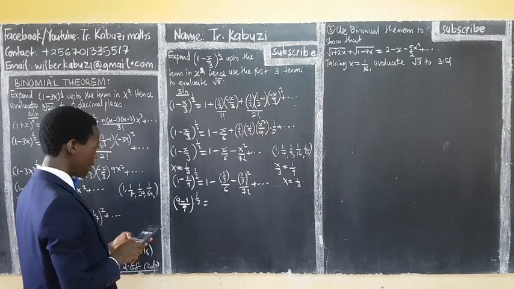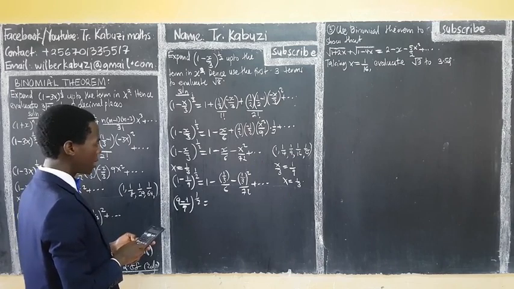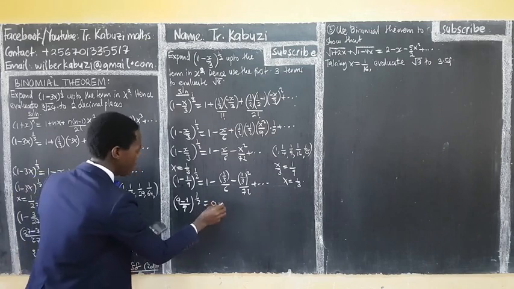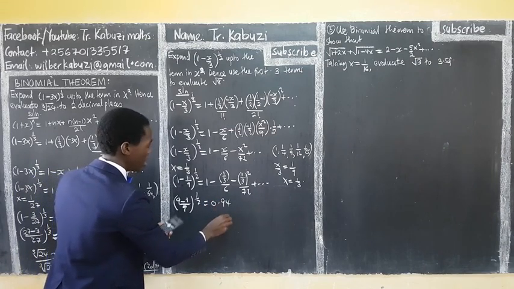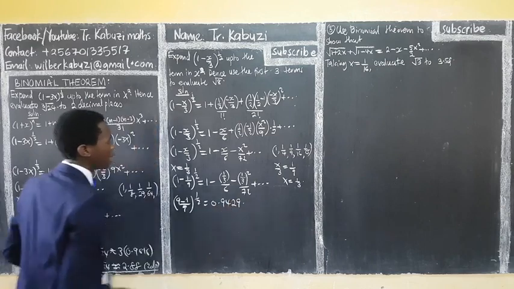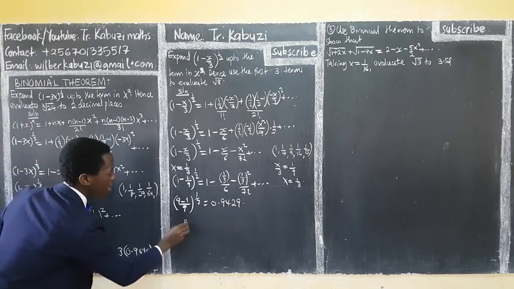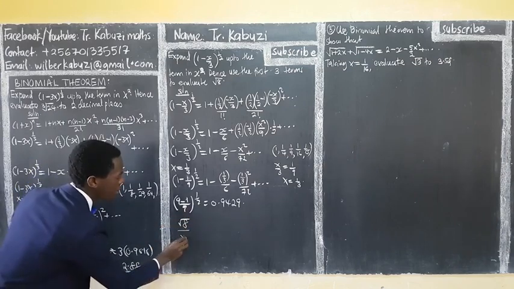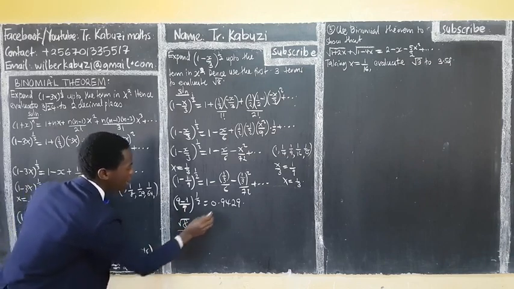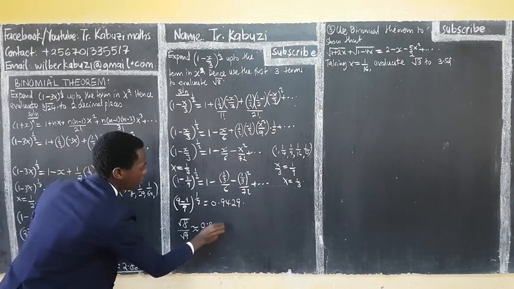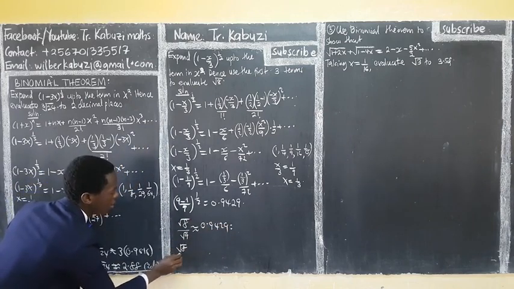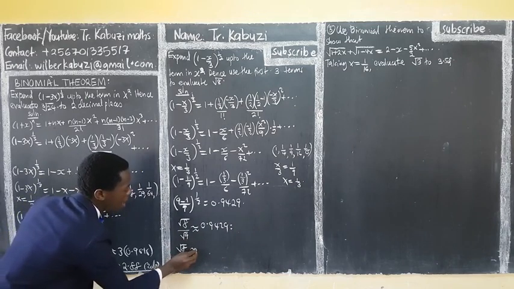minus 1 over 18 plus 1. So here I'm getting 0.9429. So now, you see now this will give us 8, the square root of 8 over a half is the square root of this 9, approximating 0.9429. From there, so now we shall get root 8 over square root of this is 3, approximating